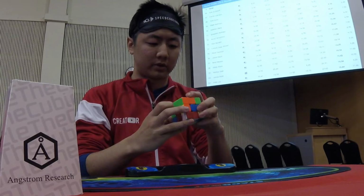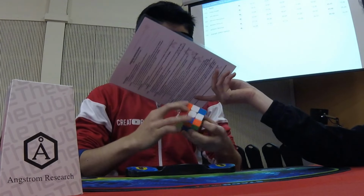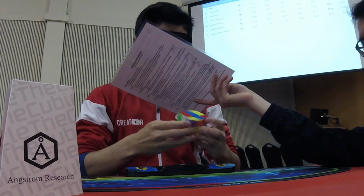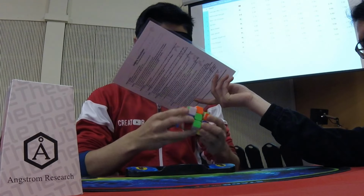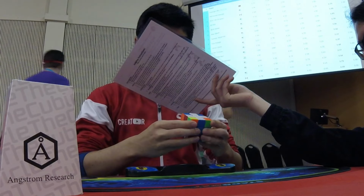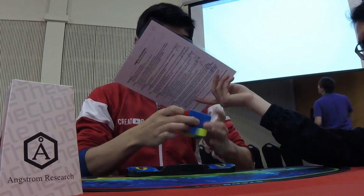I still remember getting a 31 solve at my first competition doing fewest moves at Northwest Champs in 2018. I was really happy with the 31 because I got really lucky, and I checked the Canadian national record and thought to myself, if I learn fewest moves, I might be able to get a record one day. So I think this about wraps up my journey in fewest moves, at least for now, because I don't think with what I currently know and with the current effort I'm putting in, I would realistically be able to beat 25. One day I think I'll learn domino reduction and try to get good again,